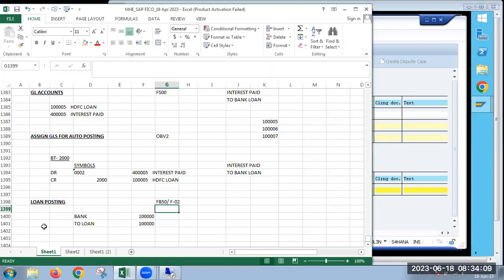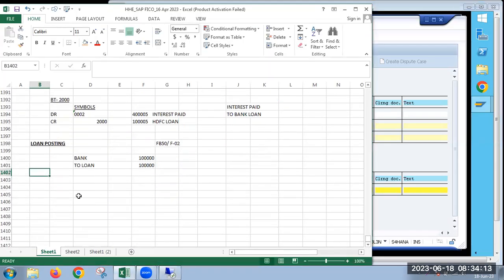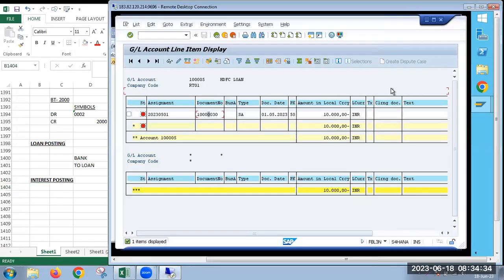Okay. So on this amount, for some days, we can calculate or we can post the interest. So then interest calculation and posting for a particular time period. Yeah, you can make it with F.52. So here